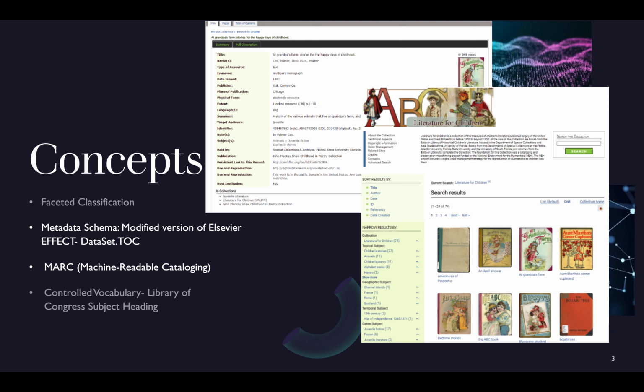The aspects of this collection I discussed enhance usability and aid in the retrieval process. Also, the use of both MARC and dataset.toc ensures this collection is interoperable both in library catalogs and with other data management systems. While the collection is geared toward researchers, I enjoyed accessing the resources for entertainment purposes and found the books to be quite